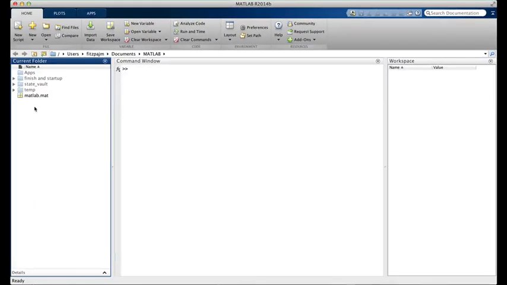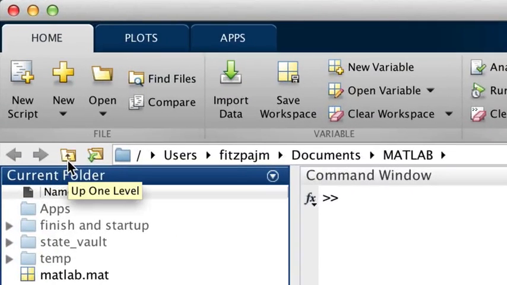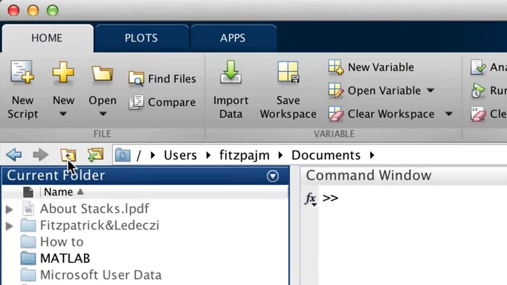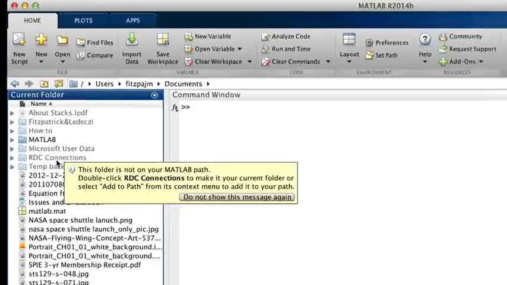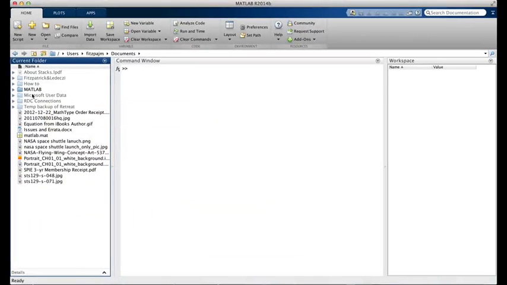Well, let's look at the current folder over here on the left. This is the place where MATLAB saves programs into files, and it's also the first place it'll look when it's looking for files that hold programs that it needs. We can change the current folder to be another folder. We can, for example, move up into the enclosing folder, which is called the parent, by clicking here on this tiny little folder icon. It's got a little black arrow pointing up on it. Or we can go into a folder that's in the current folder,